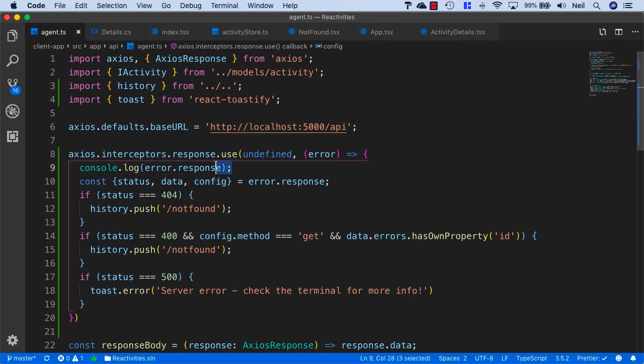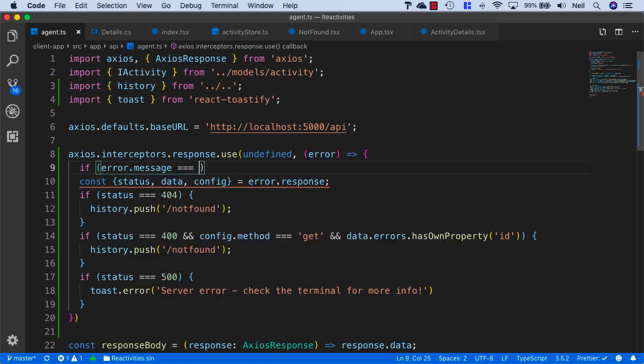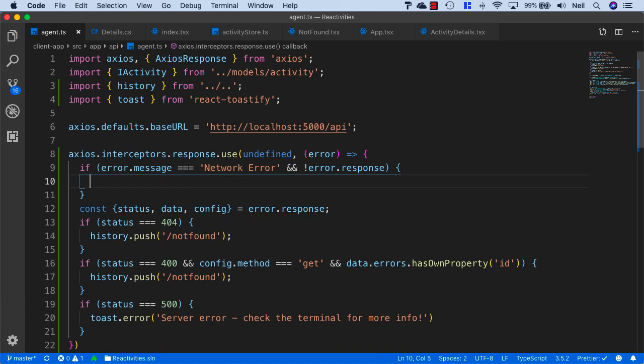And I'll just add this above anything else, and I'll say if the error.message is equal to network error and the error response is undefined, so we'll just use the not operator,